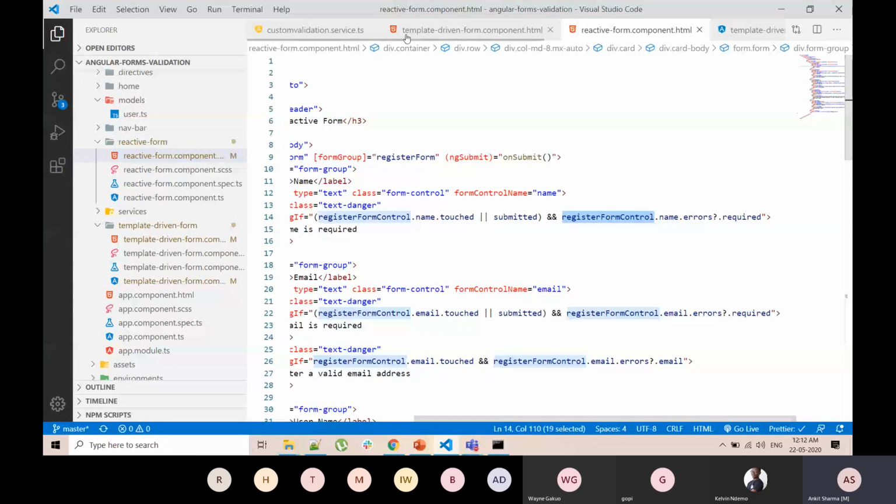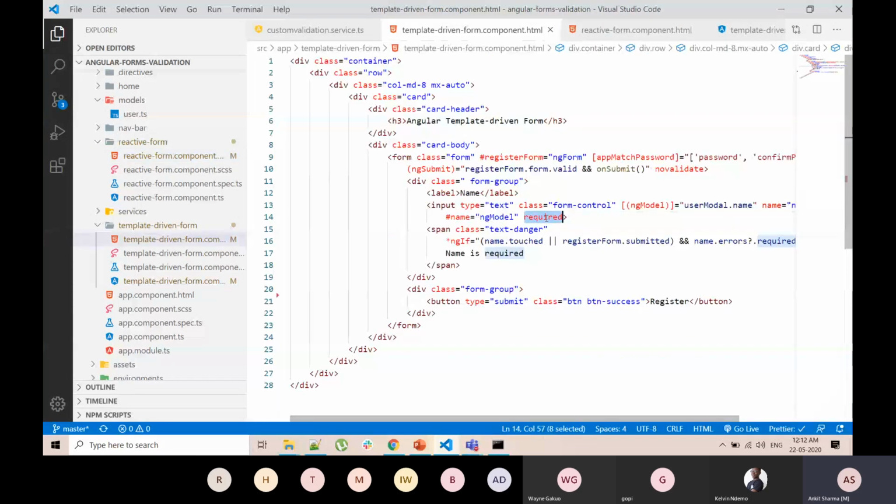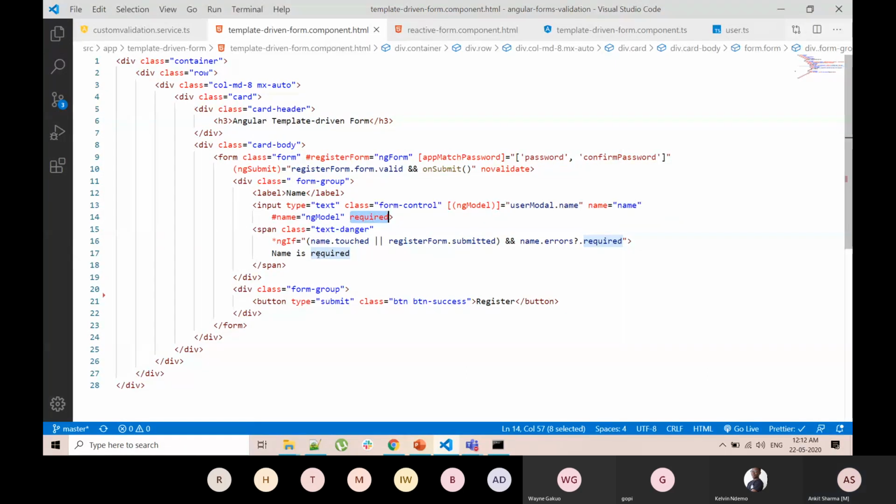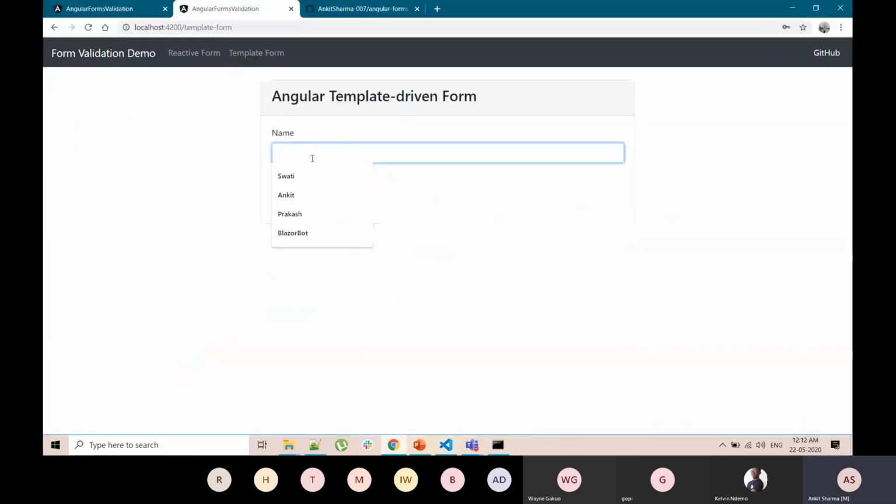But in case of template driven forms, we are directly using the inbuilt properties given by HTML like required and email. So email we will be using next, and this will check if name is required. So it's the same, it will give an error. So let me refresh the page. If you click on register, it will give an error. So put something, and this will work.